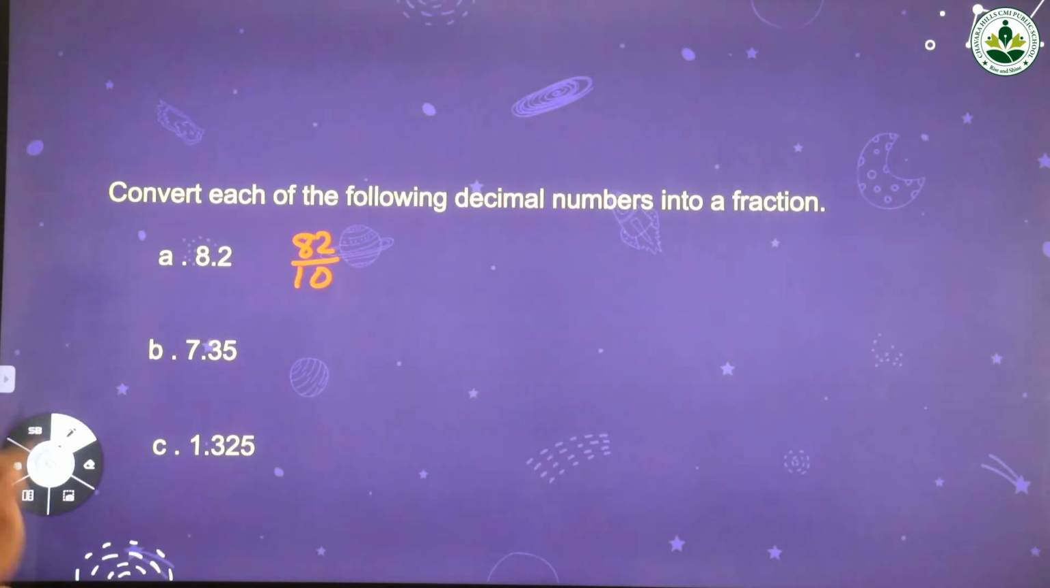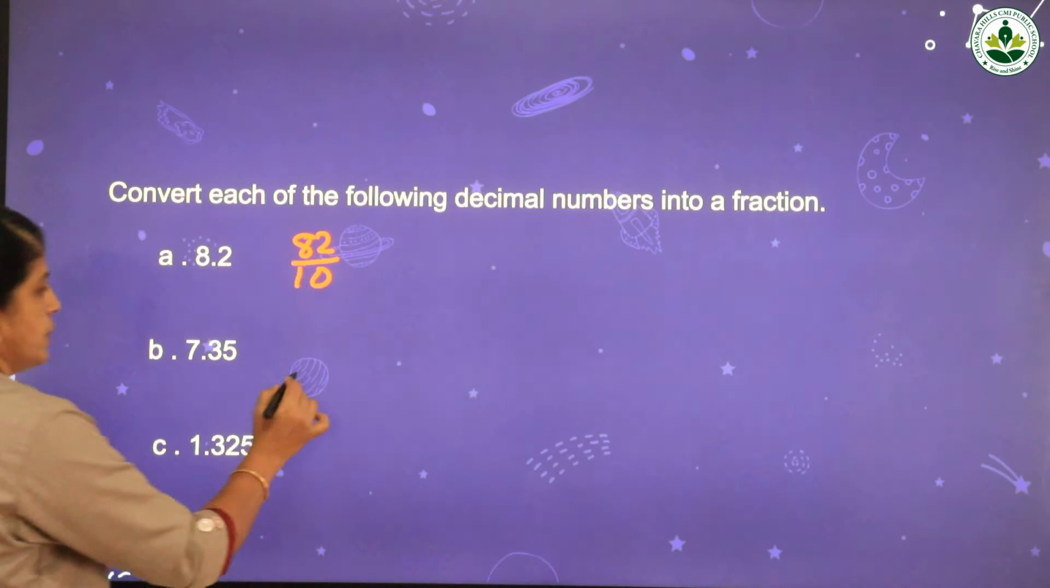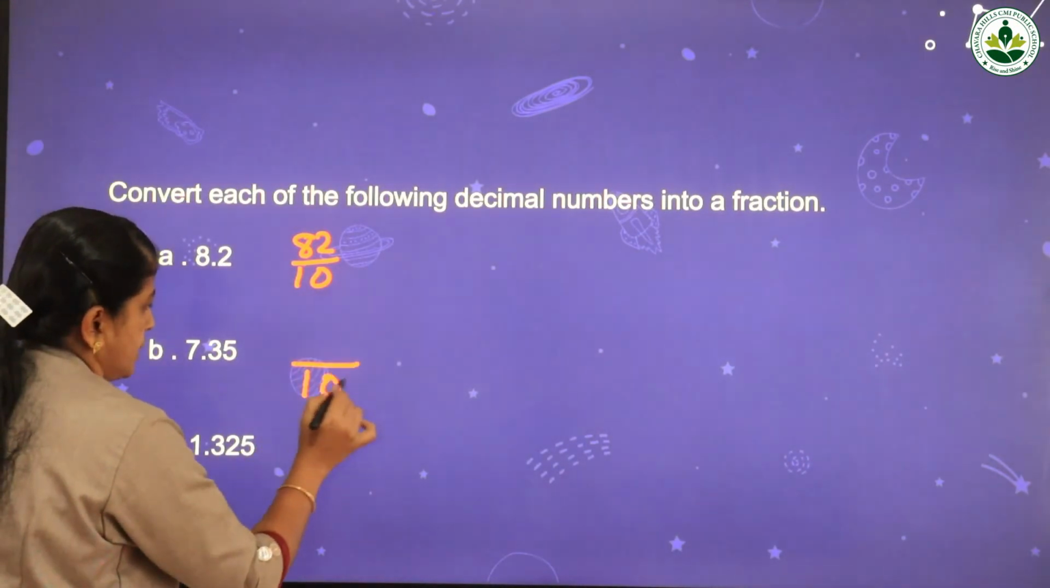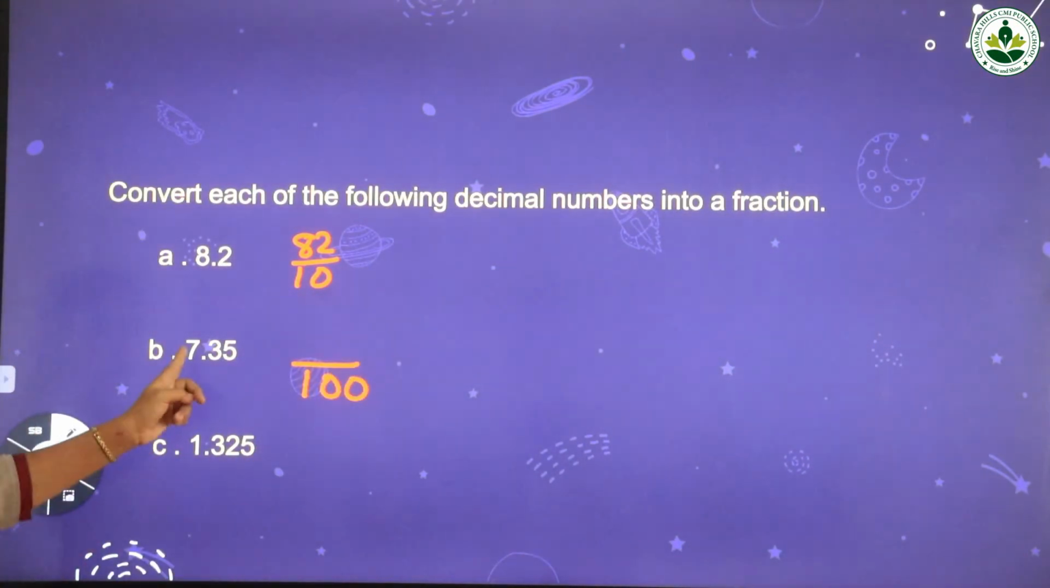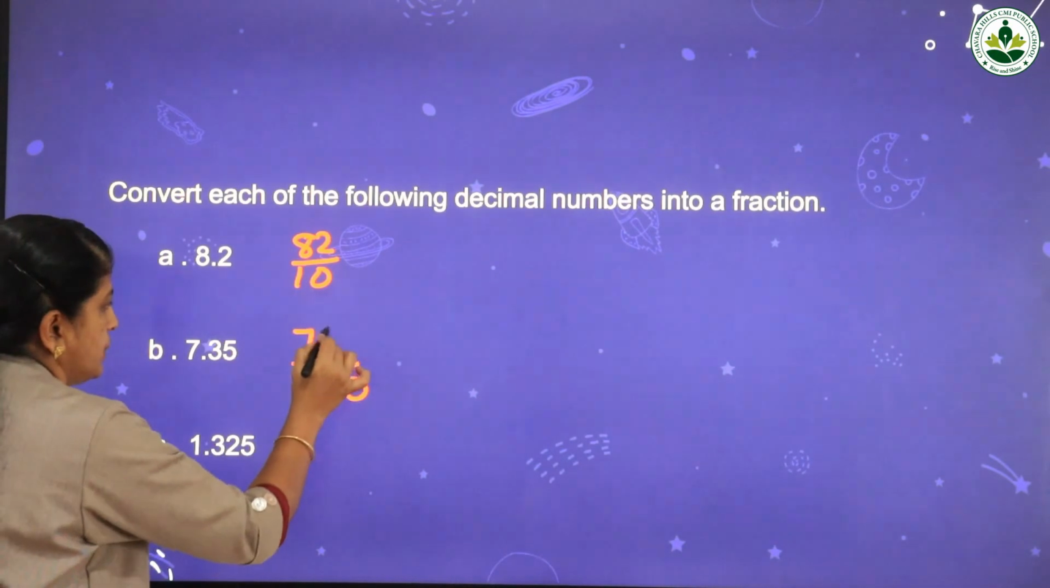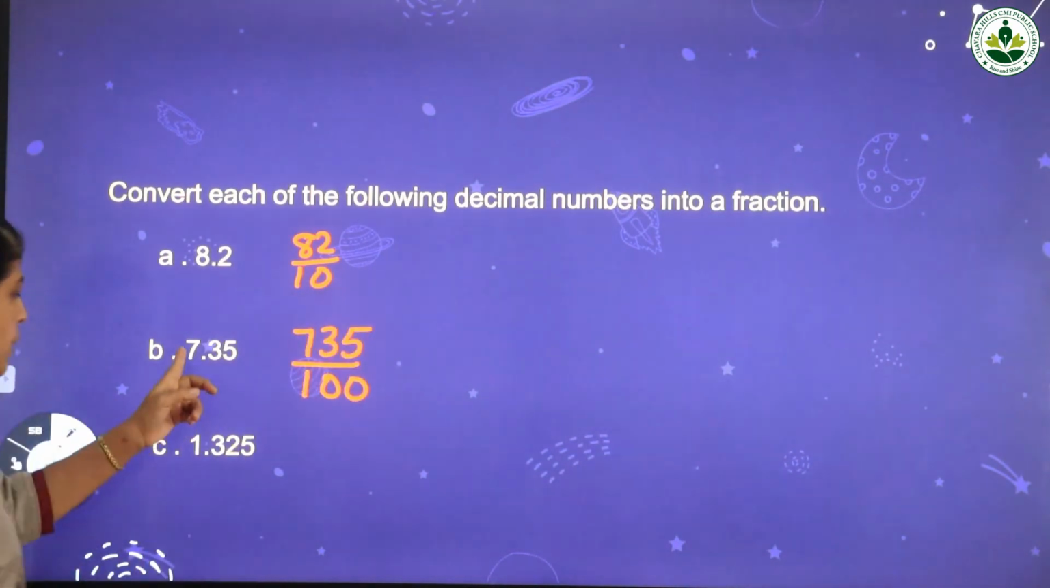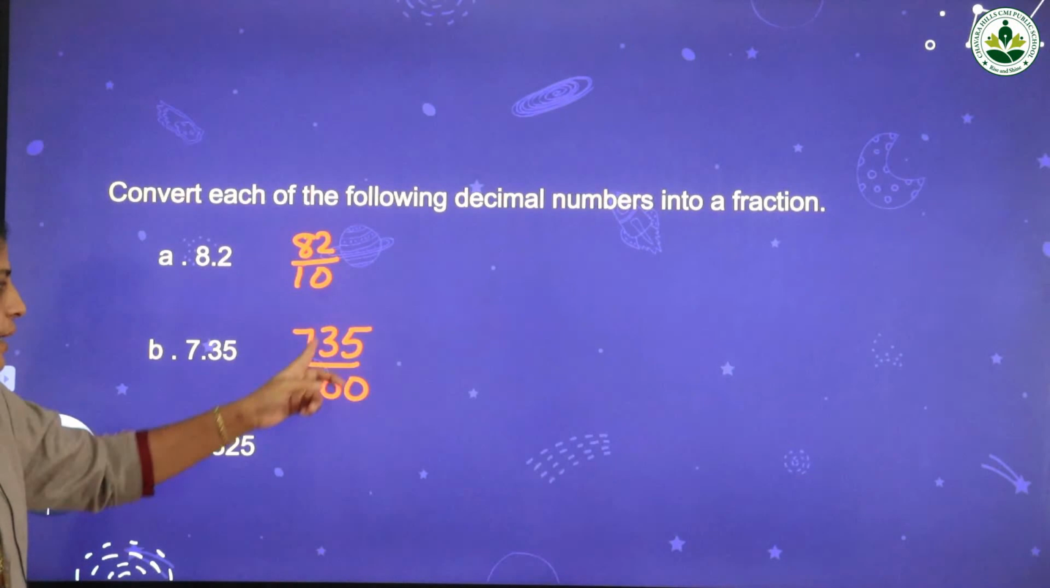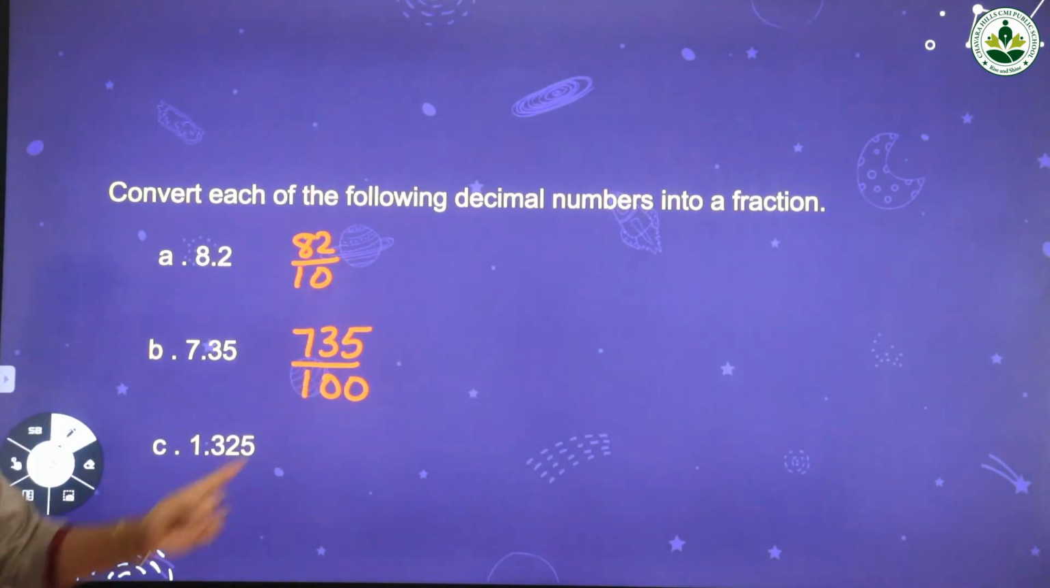That means the denominator should be 100. Write the denominator first. The denominator should be 100. Then write the number without the point. The number is 735. 735 by 100 is the fraction form of 7.35. And the last one,